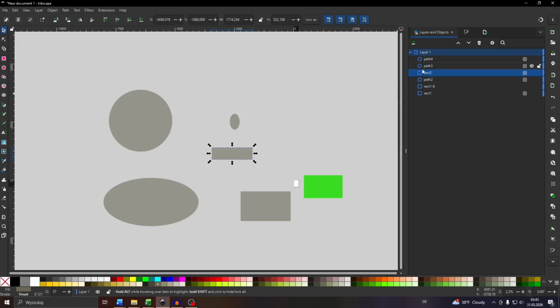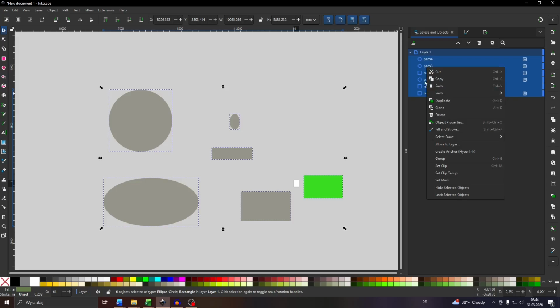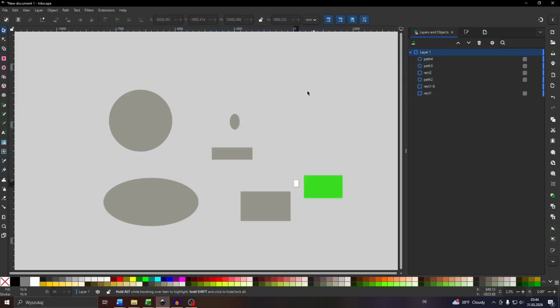And after that, simply left click into one of them, press and hold left shift on your keyboard to select the other ones with your left mouse. To select them like that, right click into them and choose group. So that's one option. The other option without the layers list would be to left click into one of these